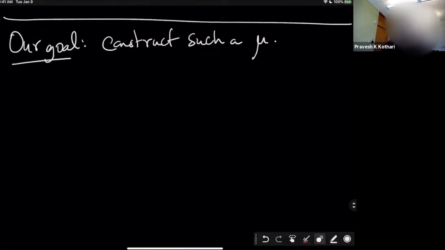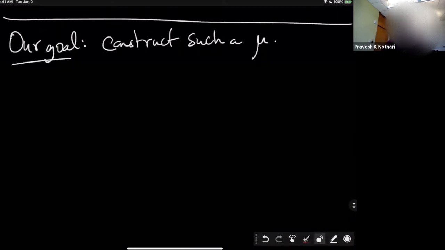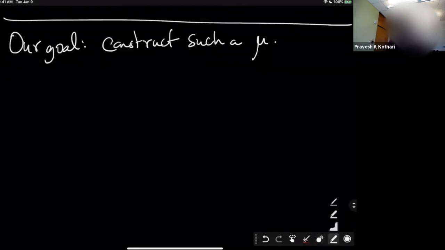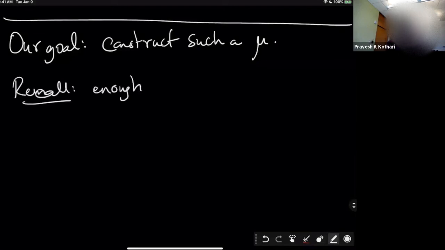So we are getting to this task of constructing a lower bound. We have to construct a pseudo distribution mu. How should we do it? Let's try to describe it. So remember that if I want to describe a pseudo distribution, I just need to describe to you